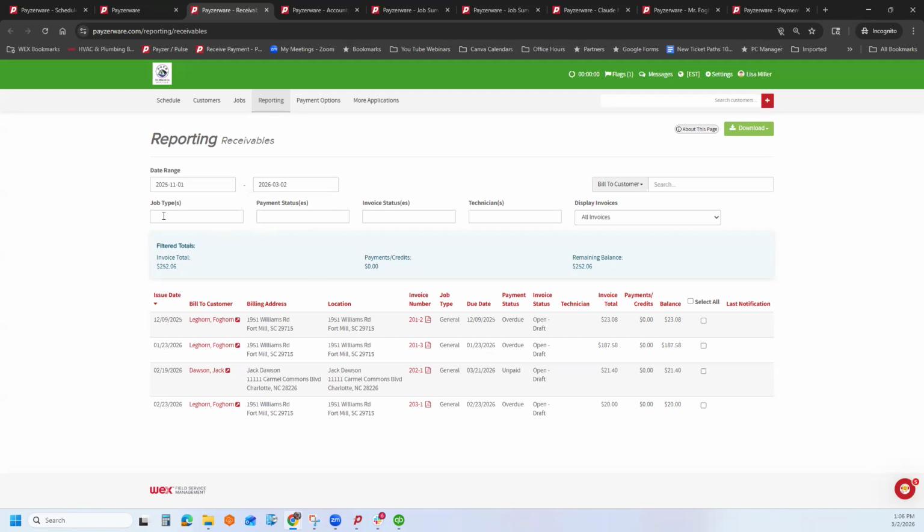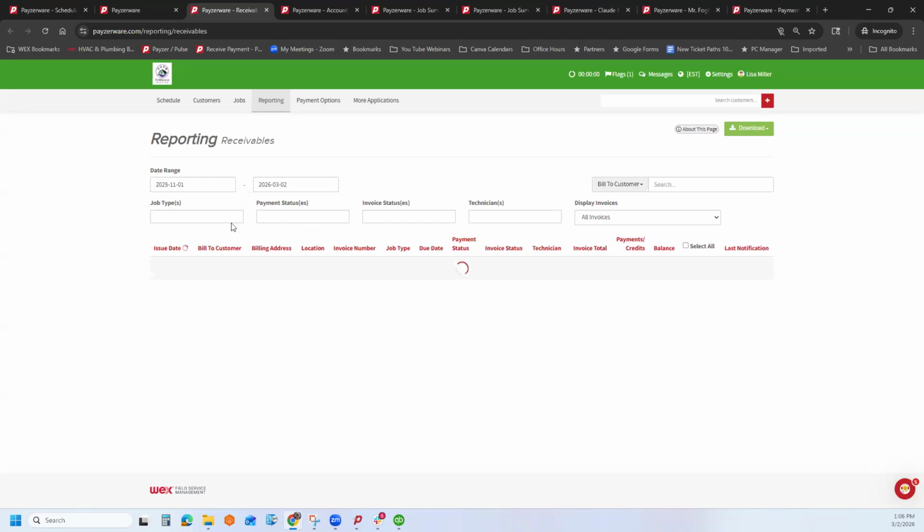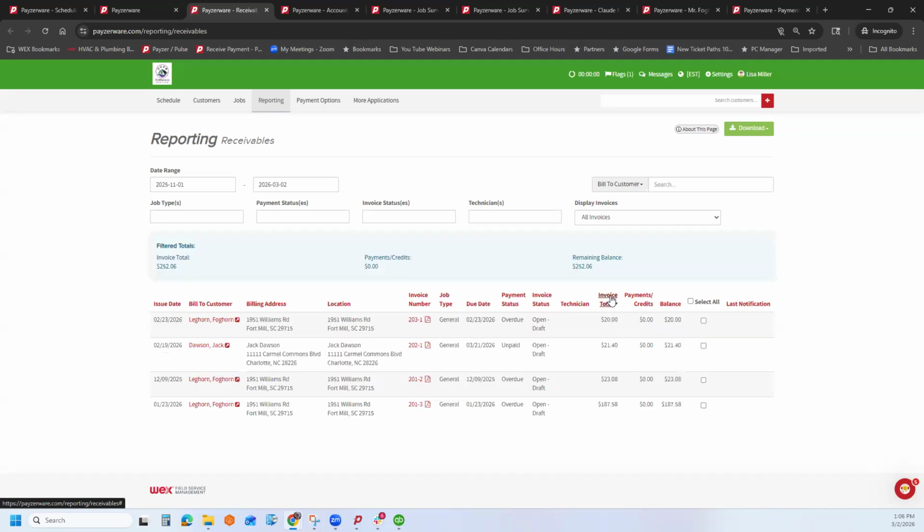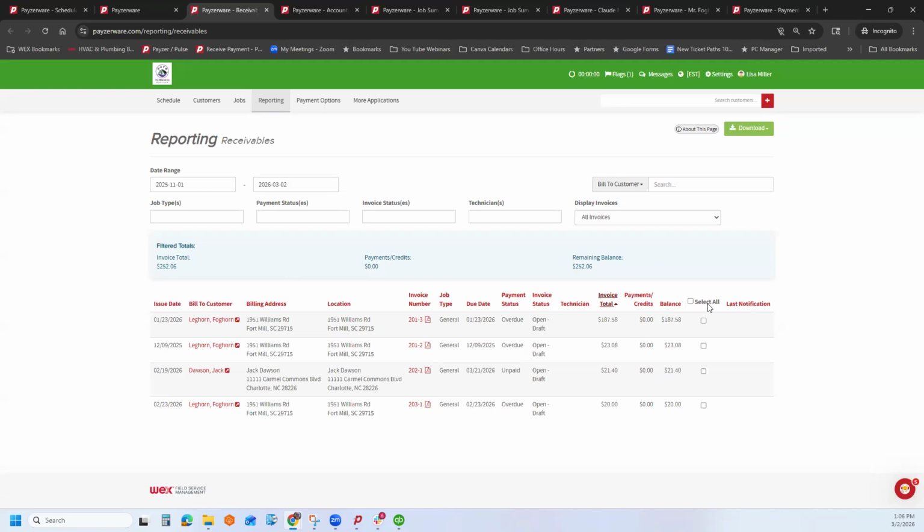You can sort anything in WEX FSM. If it's a box that does not have a drop down, it's a multi-select, so you can choose multiple different job types. And if it has a caret like this, it's a drop down and you can only choose one item. Also in WEX FSM, anything that is red, you can click on it and it will do something. So if I wanted to just go by invoice total, I could click on the invoice total and sort it up and down by balance. Or I can go in and choose everybody from a certain date range that owes me money. Click select